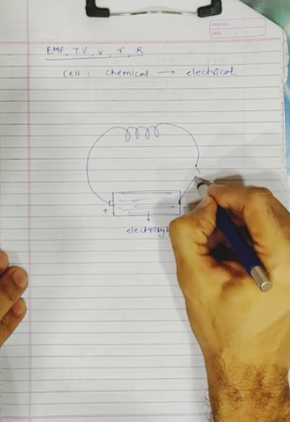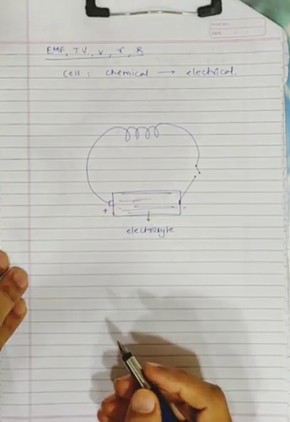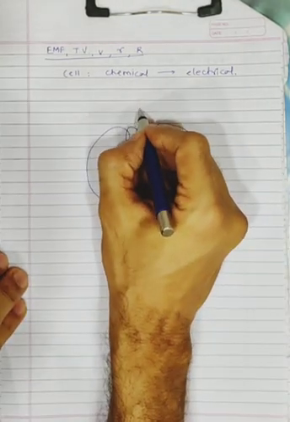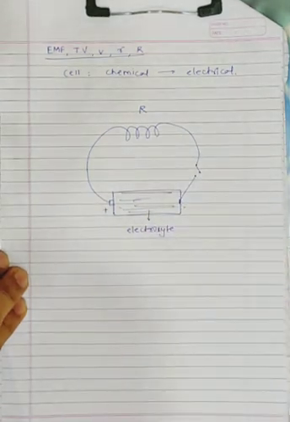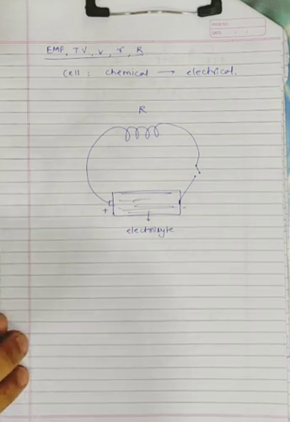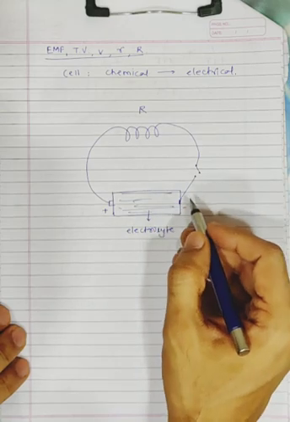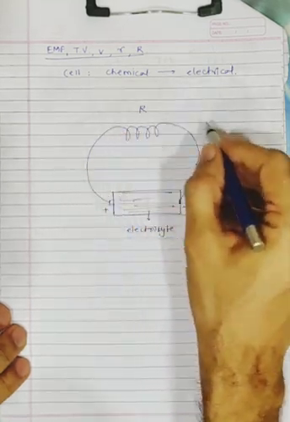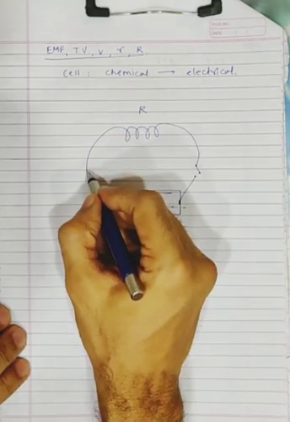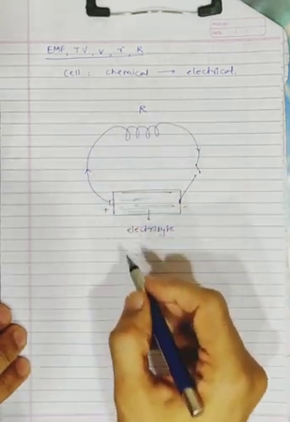I hope you all remember what a key is. You can put a circuit on and off with the help of this key. When I say this is a resistor, it could be anything, for example a bulb, fan, motor, any electrical gadget that you want to put over there. Now, how will the current flow? We've learned it will go from positive to negative. And how will the electrons flow? They will go from negative to positive.